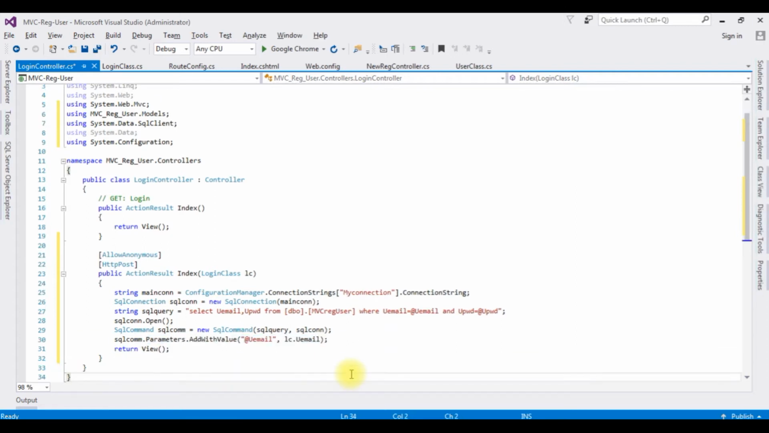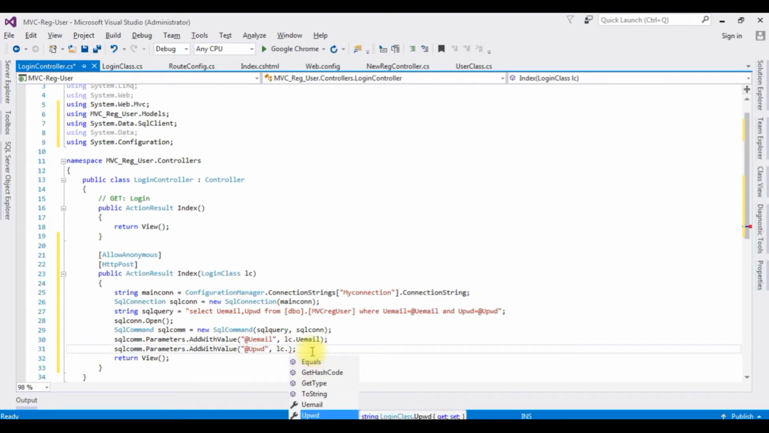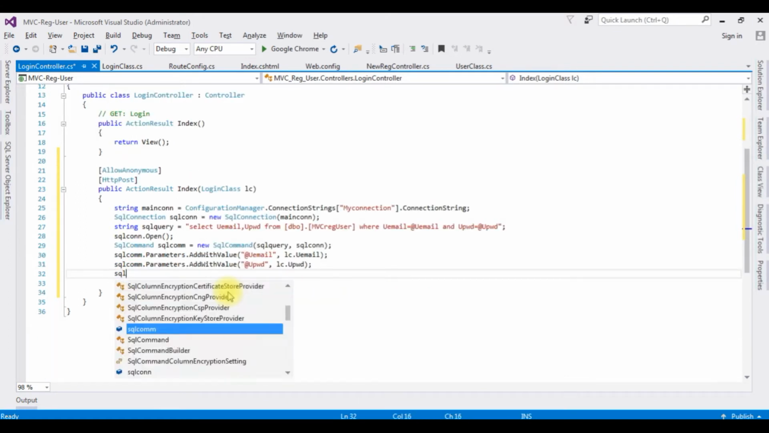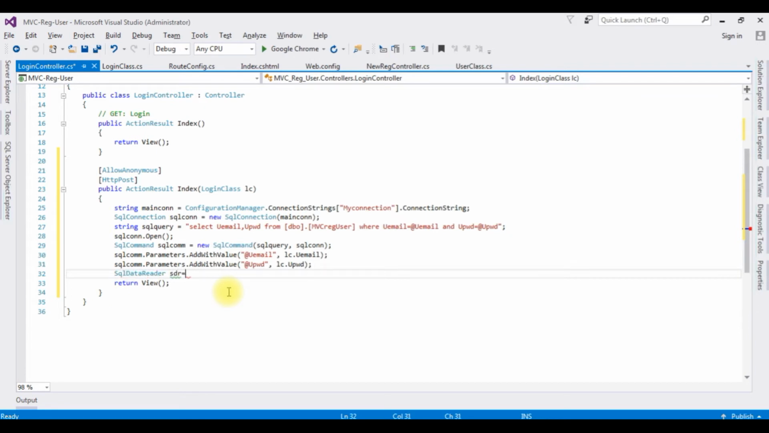Copy this one, paste here, user password, lc dot upwd. SQL data reader SDR is equals to SQL command dot execute reader method. If SDR dot read method,